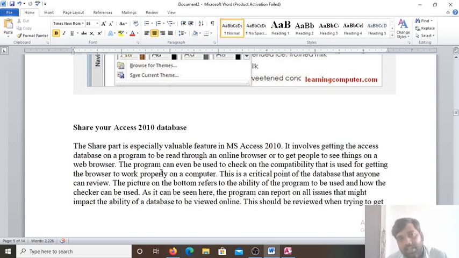But in the RDBMS, MS Access is an RDBMS, Relational Database Management System. Here two or more than two different tables are related to each other. So at one time you can access the information from more than two tables according to your query. So here we generate a query. Query means what your requirements are, what you want to know, which record you want to access, which field you want to access from the database.